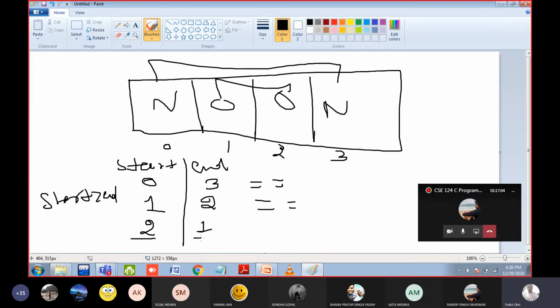Yes or no? So in the for loop, the terminating condition will be start should be either less than end or equal to end. Equal to condition will be checked when the number of elements are odd. Less than condition will be checked when the number of elements are even. When the number of elements are even, at one point start will overtake the end. Then it means it is the end of the loop, and it means the particular word is a palindrome. When the number of elements are odd, then at one point start and end variable will meet. It means it is the end. So that is how you can write the code. I will open the code also.